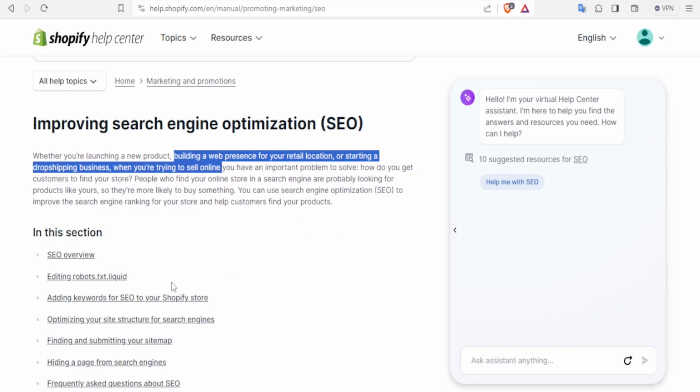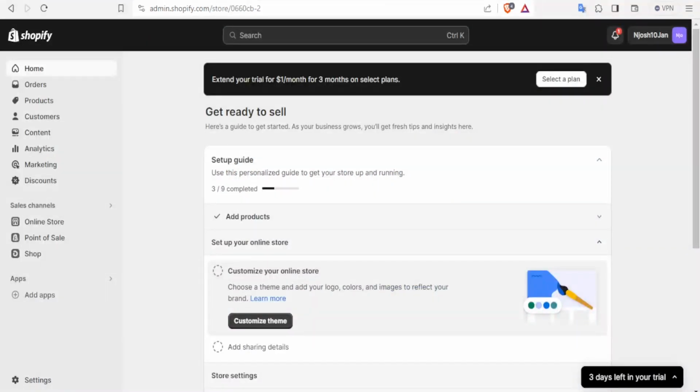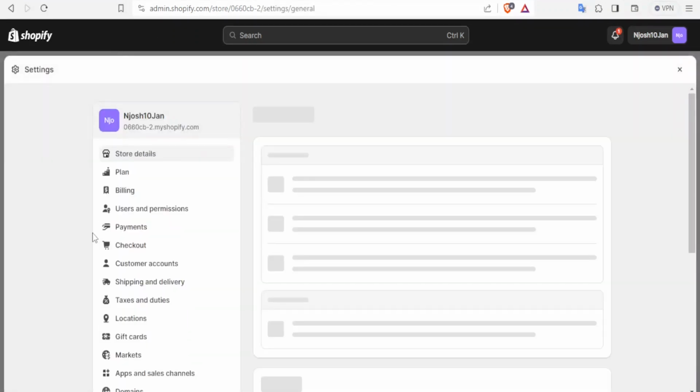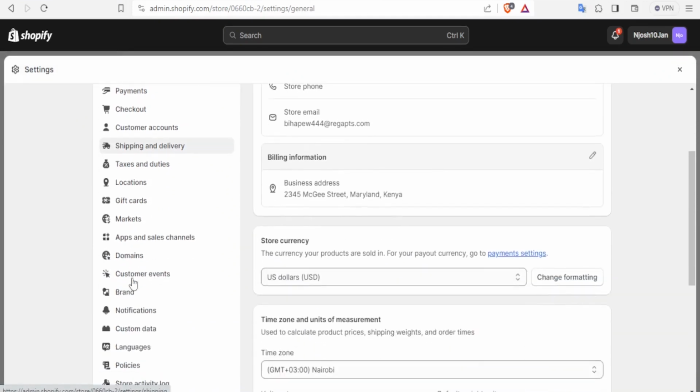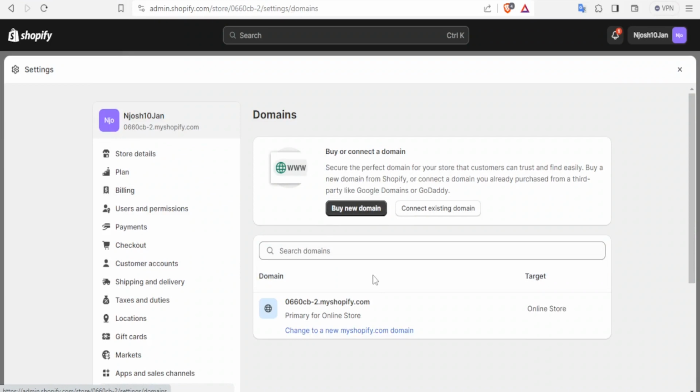So the first thing that you need to do for your SEO optimization of your Shopify store is to buy a custom domain. So here I'm on my Shopify store. If I go to settings down here on the left hand side and then search for domains, scroll down here, domains, you'll notice that my domain here is myshopify.com. That is the name of my store,